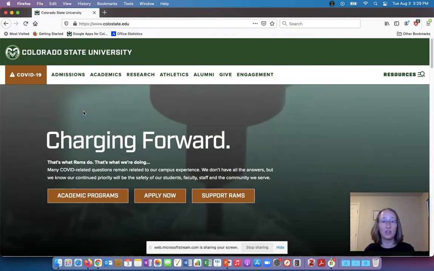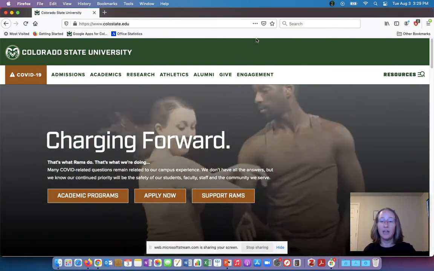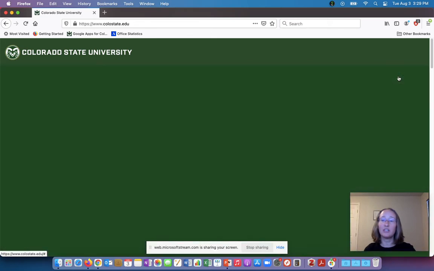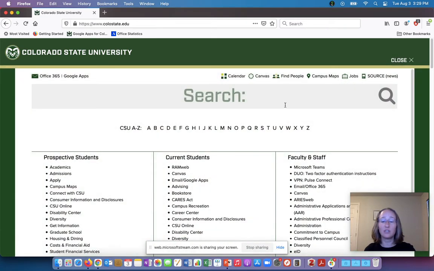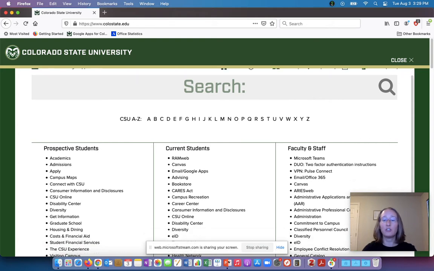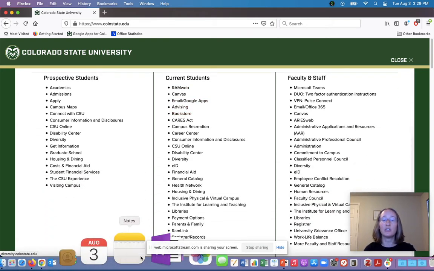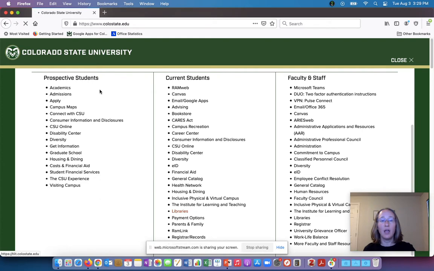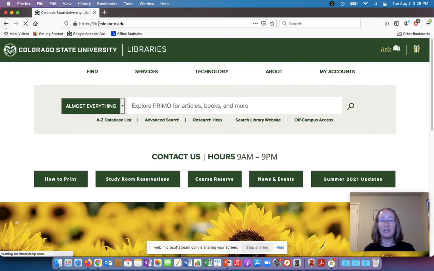the general Colorado State University homepage. To get to the libraries, one of the easiest ways is to go to resources. I just clicked on that over in the corner. And then under current students, one of the options is libraries. As I mentioned, it's just lib.colostate.edu, so you can also just type in the URL. I think it's a really good website to bookmark because, as I mentioned, you're probably going to be using it